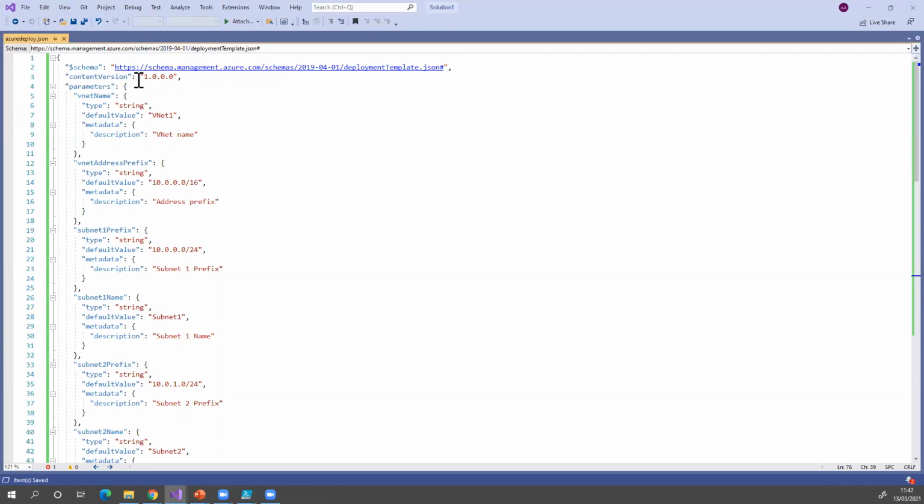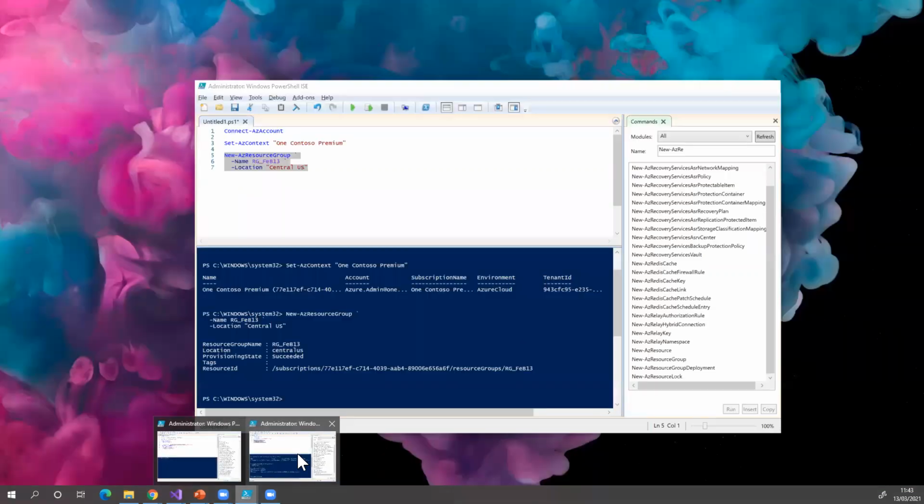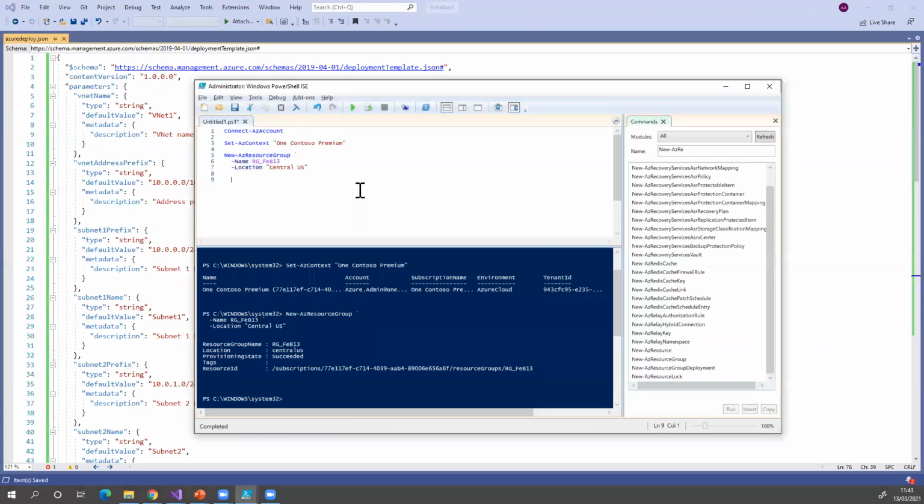Whatever resources I wanted to create, I already scripted. The script is ready in the format of a JSON file. Now I'm going to my PowerShell window. Here, I'm going to run my script. So when you are creating a resource deployment, the command you are going to use is New-Az